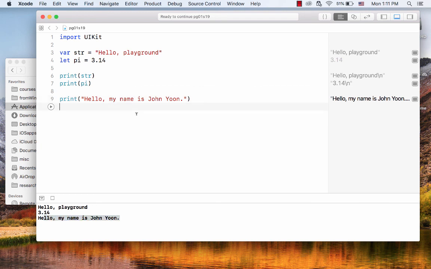This is the first homework assignment, and once you are ready, then we will study Swift, starting from the Swift language, and then develop